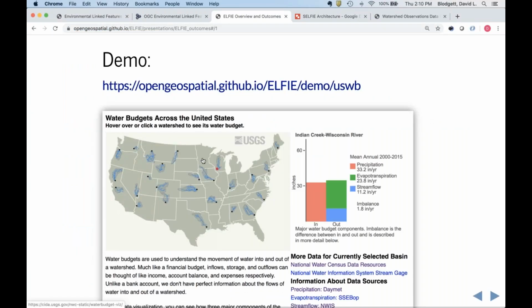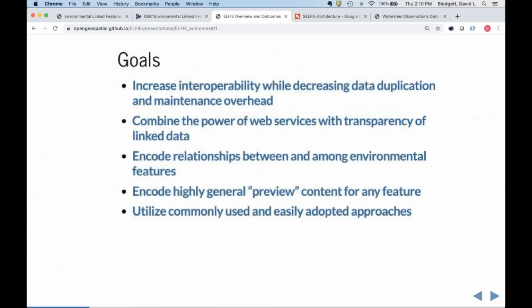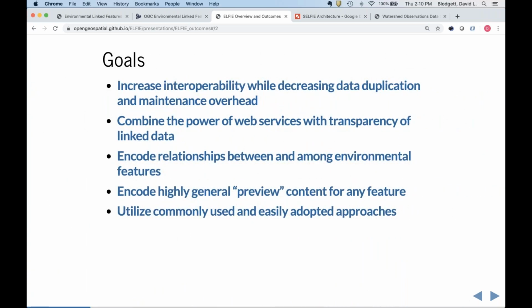But I'll just walk through these slides briefly for everybody on this venue, and this will end up recorded and on YouTube. So I'm going to skip over this demo. The first slide has a link to a demonstration that shows how we envision this kind of content being brought forward. You can go and explore that for yourself. It was built using the content that we worked with in ELFIE, and this was one of the experiments.